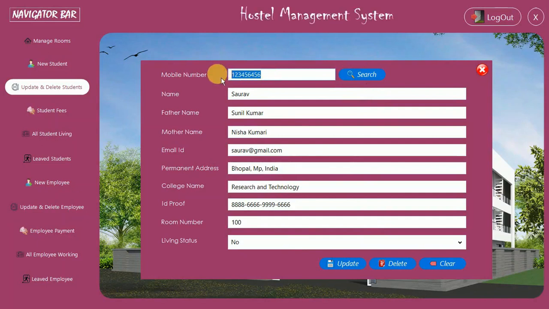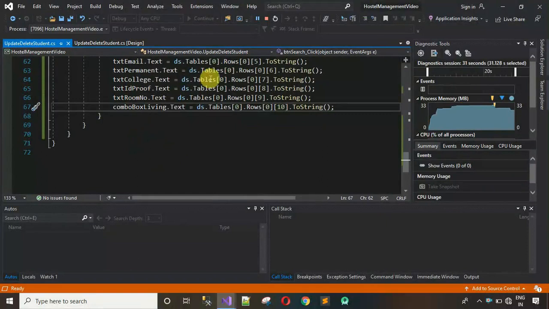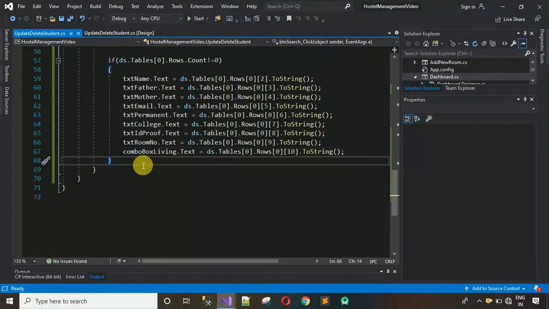What I want is, when no user exists, I want to show that no user exists and I want to clear all the text fields. Here you can see this. Now the whole data is loaded when I click on this, and this one is not looking that nice. Just close this, and we have to mention this in the else condition. So else,